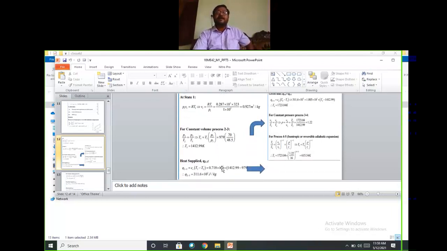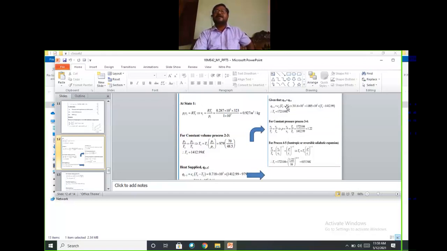T3 is 1412.99 Kelvin. Heat supplied Q2 to 3, for the constant volume process 2 to 3, is CV into T3 minus T2. You will get the heat supply. Similarly, given that the heat supply in 3 to 4 is equal to the heat supply Q2 to 3, Q3 to 4 is M CP into T4 minus T3, and from here you can calculate T4. It is a constant pressure process 3 to 4. By substituting all the things you will get the rho. For 4 to 5, like a derivation, you get T5. Your calculated T5 is 615 degree